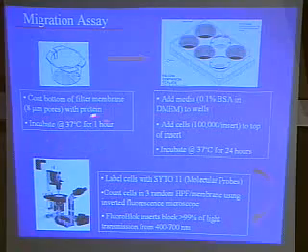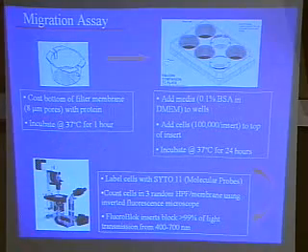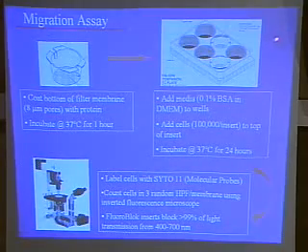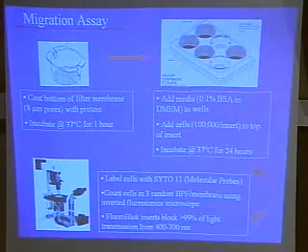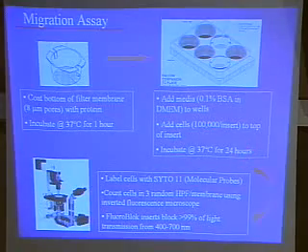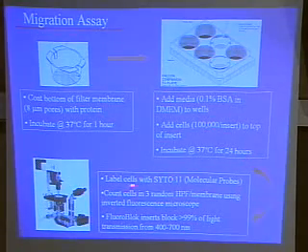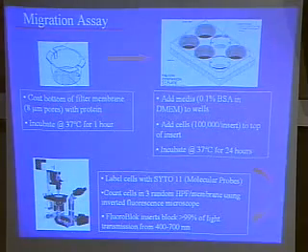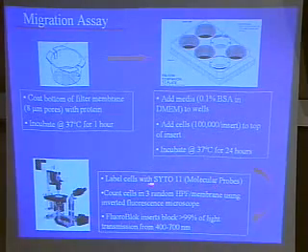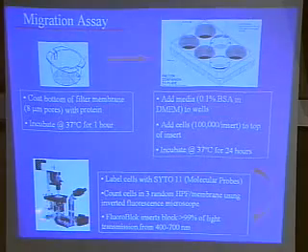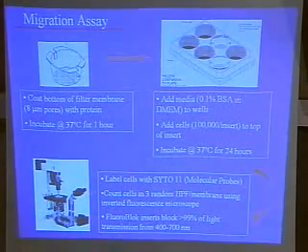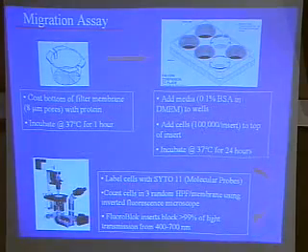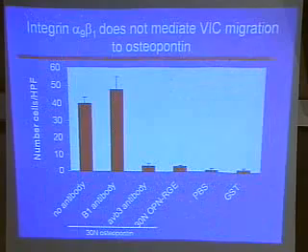And we coat the protein for 1 hour at 37 degrees. And then we fill the bottom of the well with media, and then we add the cells to the top of the insert, and the cells are allowed to migrate for 24 hours. And then at 24 hours, the cells are labeled with this Cyto11 nuclear stain, which allows us to visualize the cells using an inverted fluorescent microscope, where we count 3 random high-powered fields per membrane.